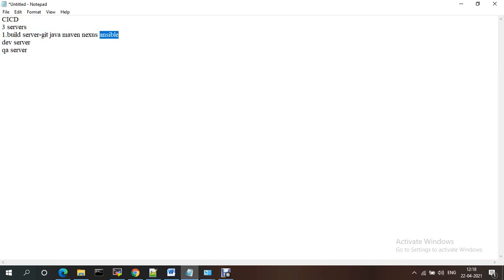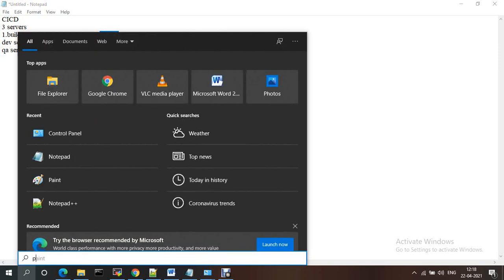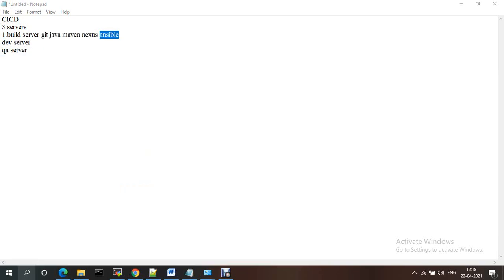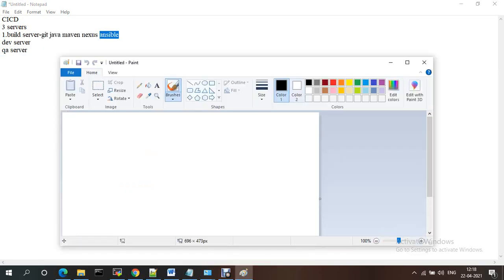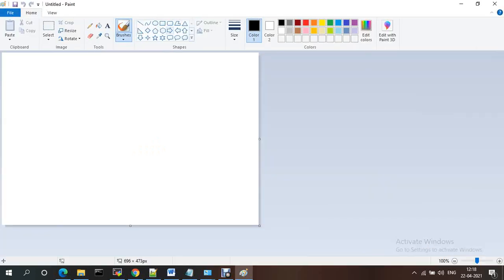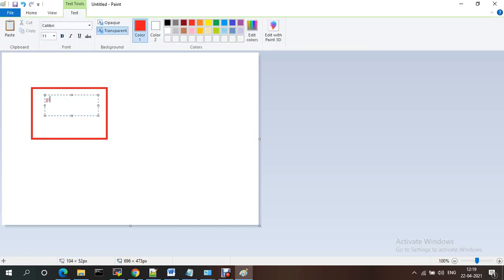So to understand, let me take this one. I need three servers. This is the build server. On the build server I am just installing Git and Maven.